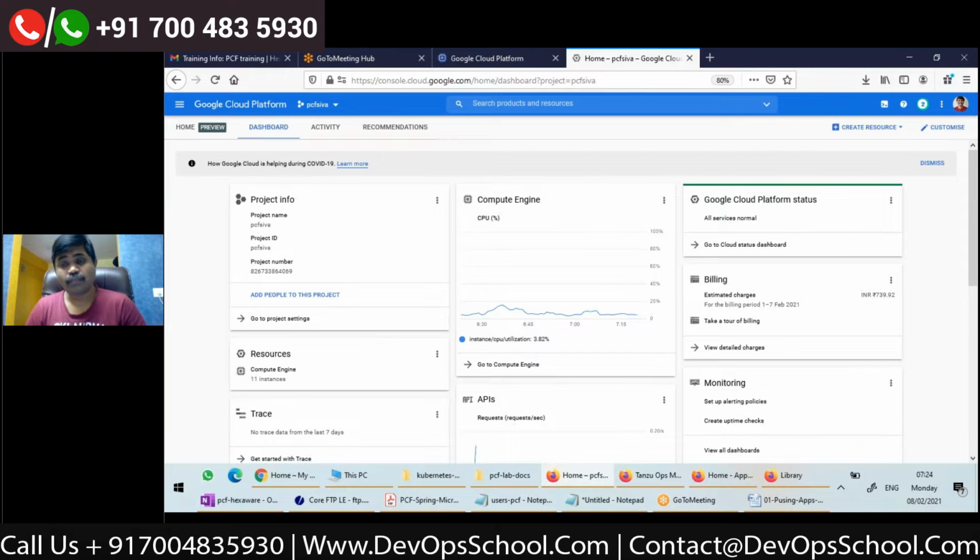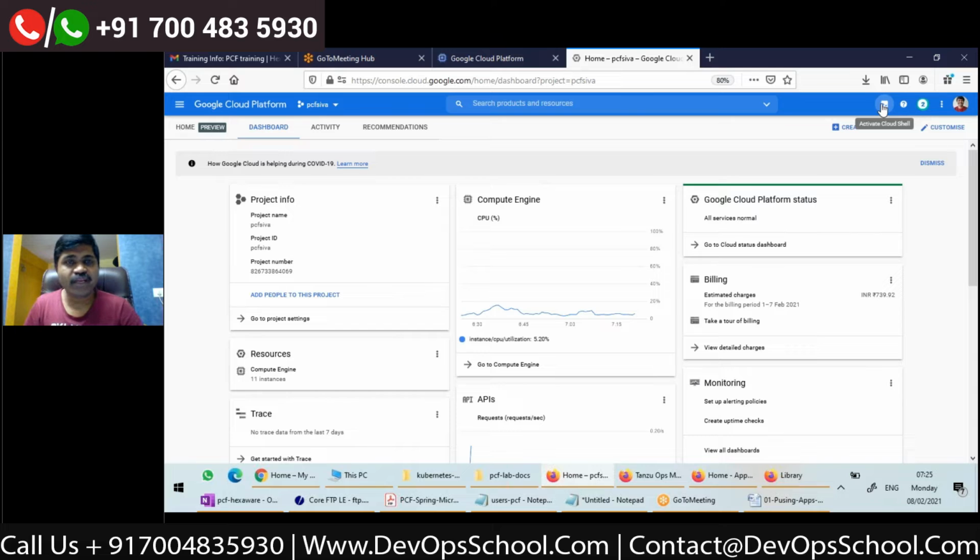Now, whatever commands I want, I don't want you to do it from your laptop or your machine, because maybe your laptop is a company laptop and you might have some restrictions. So what I want you to do is work on all the exercises inside a VM created in Google Cloud Platform itself, right?